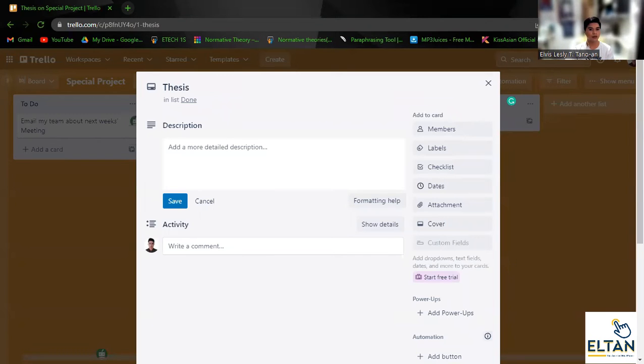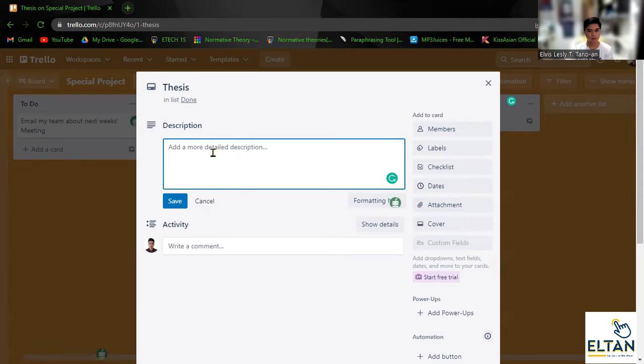For example, here on this thesis card, if I click that, within the back of the card we can change the name if desired. But perhaps the first place you'll want to go is the description area. In this description area, we can add as many additional details or links as we like. So maybe we can add things such as it needs to be 500 pages long, and needs to be published by the end of